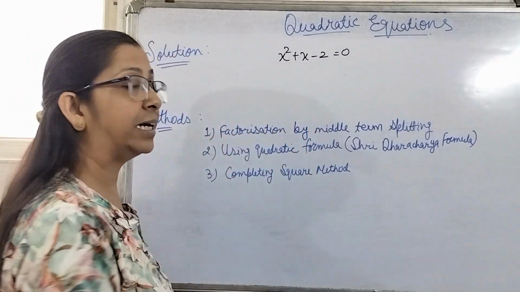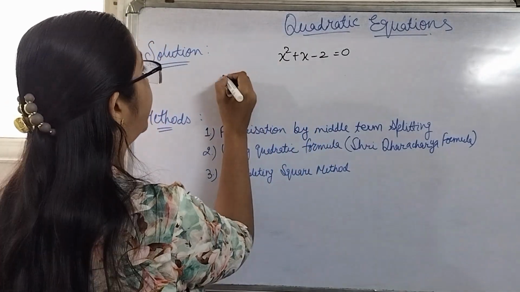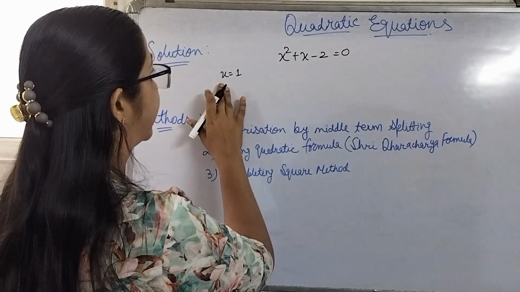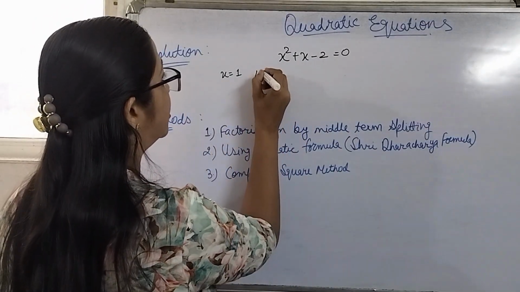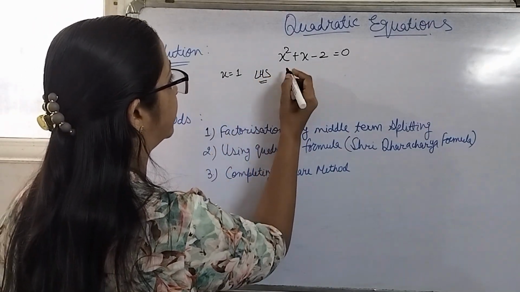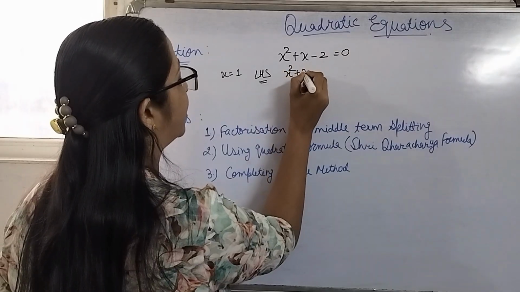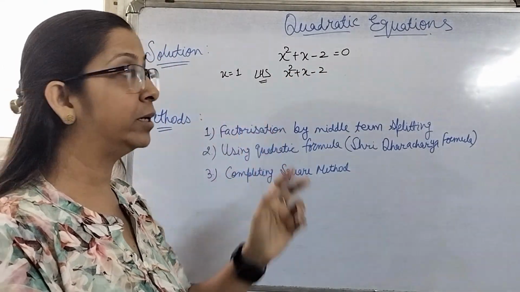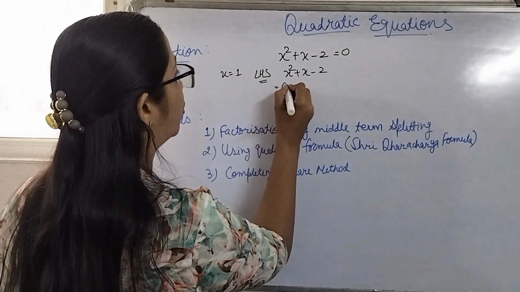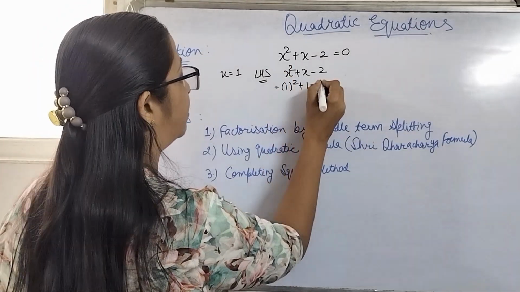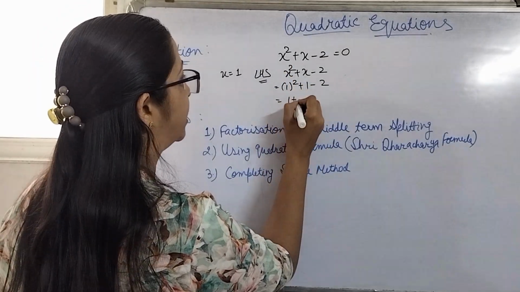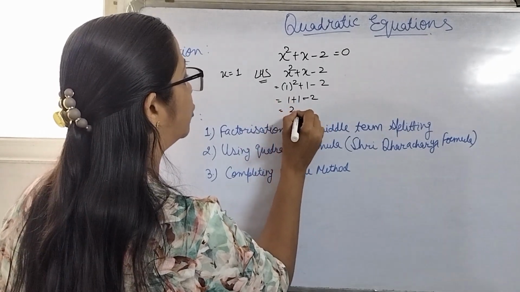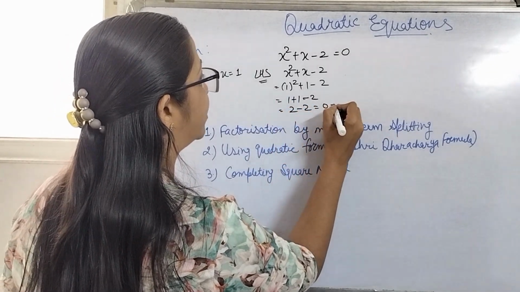Over here, by trial and error, suppose we keep x equal to 1 in this equation. Taking the LHS part, that is x square plus x minus 2, if we replace this x by 1, it becomes 1 square plus 1 minus 2, that is 1 plus 1 minus 2, or 2 minus 2, or 0, which is equivalent to